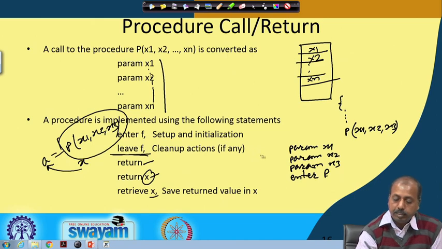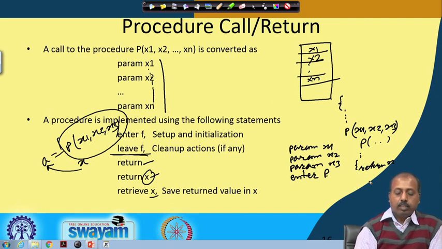If this is the procedure p, at the end of it you can have a return x statement that will do the return, and this retrieve x will also save the return value in x. These are actually synonymous, so you can use any of these statements.